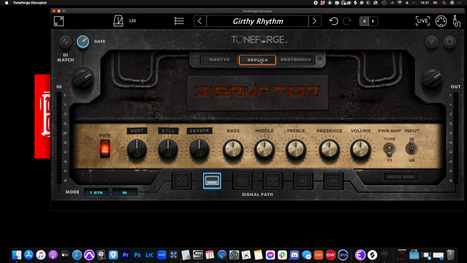The next amp is Replica, which is based on a JCM 800 that belongs to Dino. It's been modded, and the main thing that you'll notice on here which differentiates it from a lot of other JCM 800 models is that it's got a hunt, kill, and devour. Rather than having one gain, it's got 3 gains. So you've got this one here is the overall gain, kill is the high frequency gain, and hunt is the low frequency gain. So like for example, if I turn this one down and this one up,